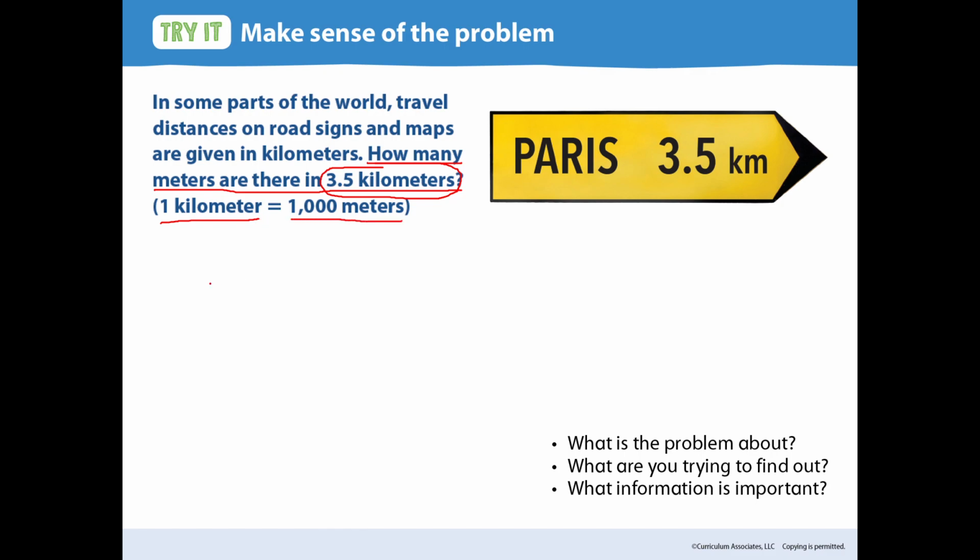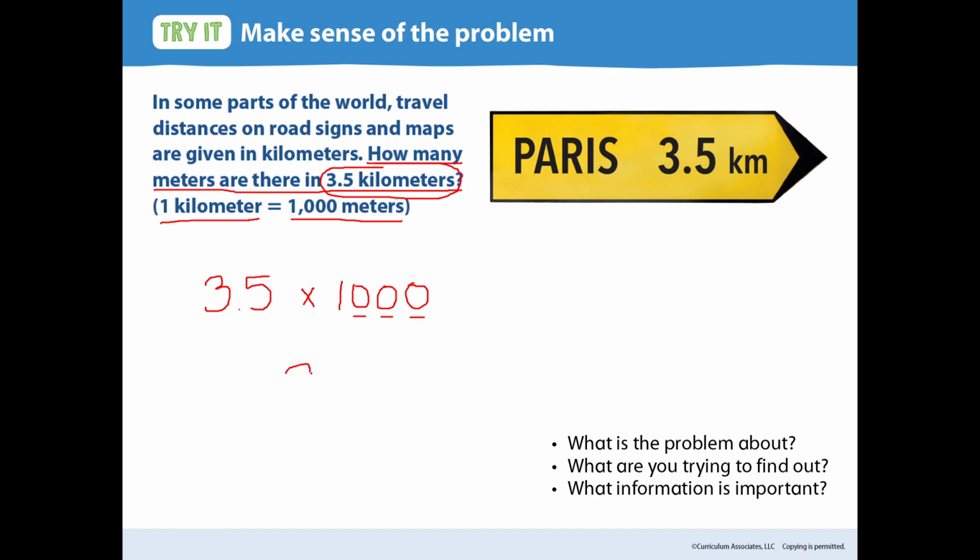All right, so let's start with 3 5/10. And we are converting from kilometers to meters. There's going to be more meters than kilometers because each kilometer is 1,000 meters. So I'm going to multiply 3.5 times 1,000. Now this looks really similar to what we did on the previous slide. So if I'm multiplying by 1,000, I'm going to move my decimal to the right 3